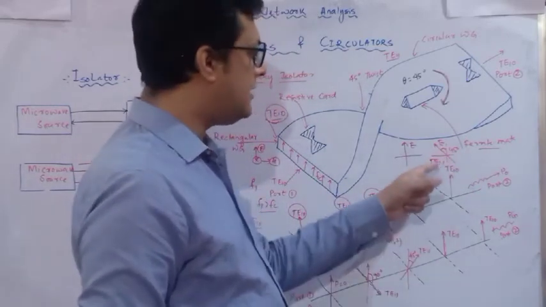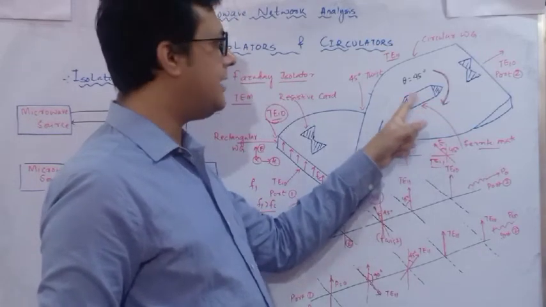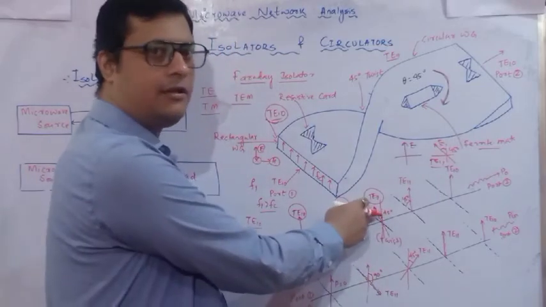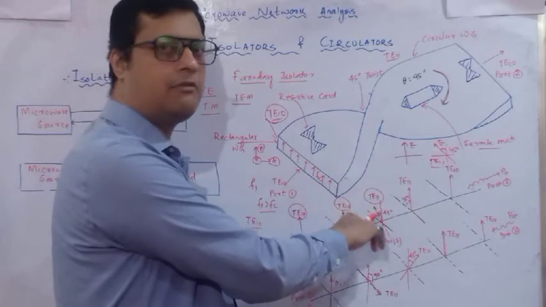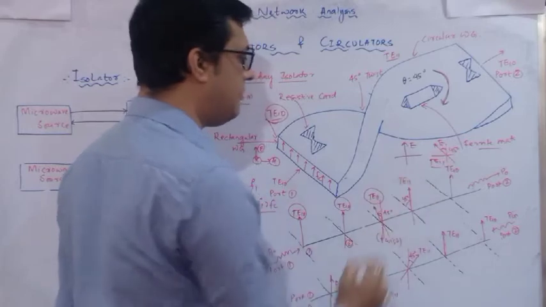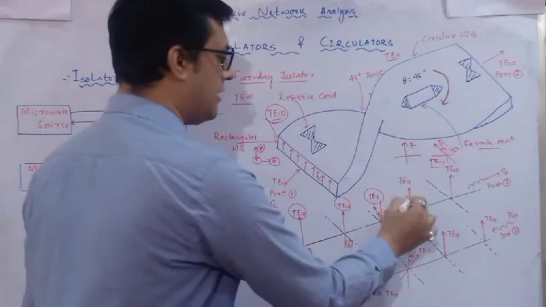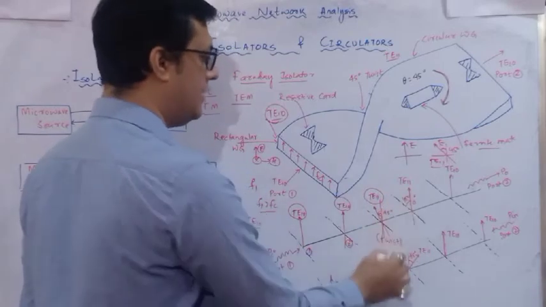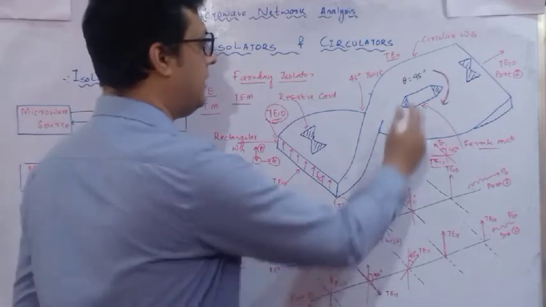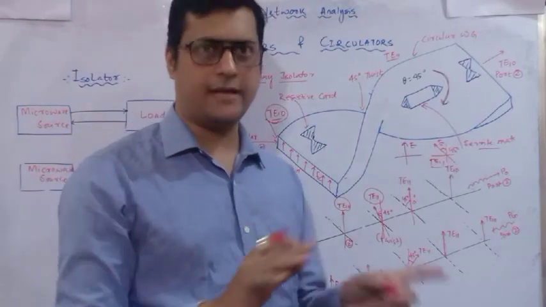Now this TE11, when it enters this ferrite material and rotates clockwise 45 degrees, that means it was rotated counterclockwise by 45 degrees, it will regain the original position. So here you can see the electric field returns from 45 back to 0 degrees. Now this TE11 is quite similar to TE10. When TE11 is delivered to this resistive load, it will suffer no angle separation.